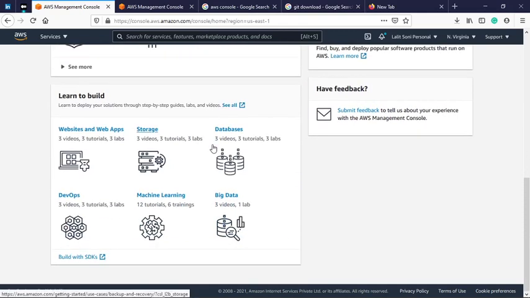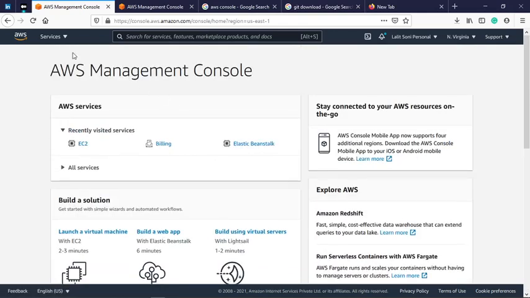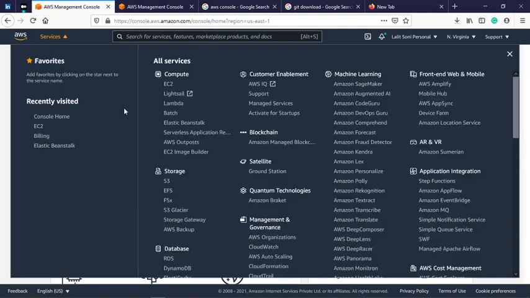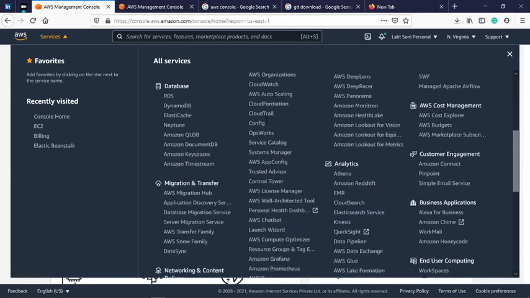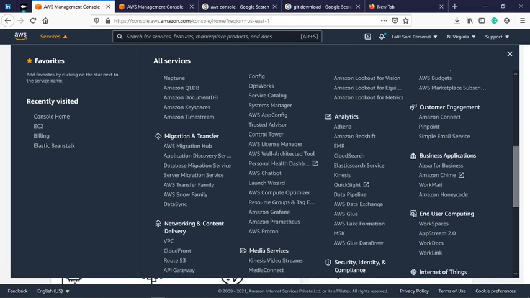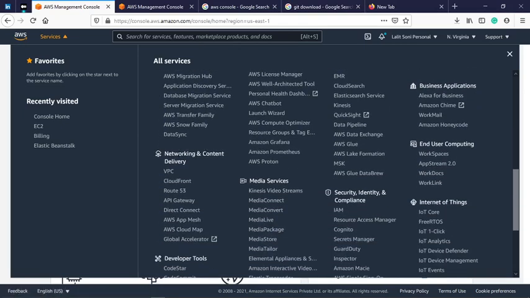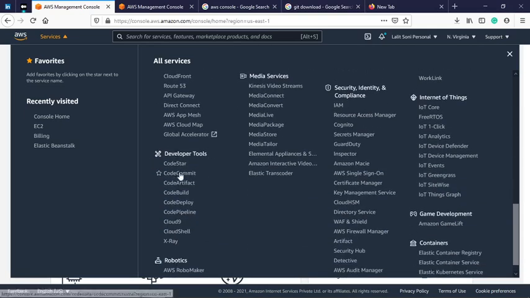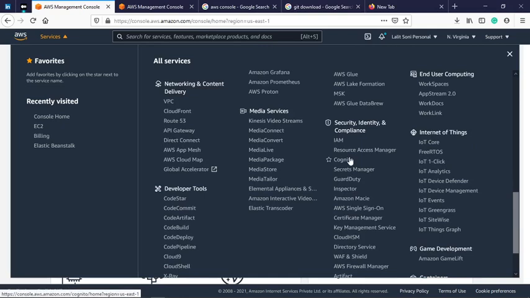I am just walking you through all the small features which AWS is offering. Once you click on AWS services, you can see there are lots of services available which we can use for development purposes, for different kinds of domains related to database, storage, compute services, and also AI, machine learning, and analytics services. For migration and transfer, those who want to transfer all their data to AWS can use these services. Networking services and developer services are available. These different services come with their different implementations.